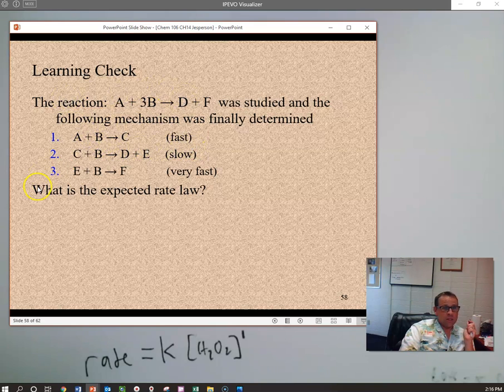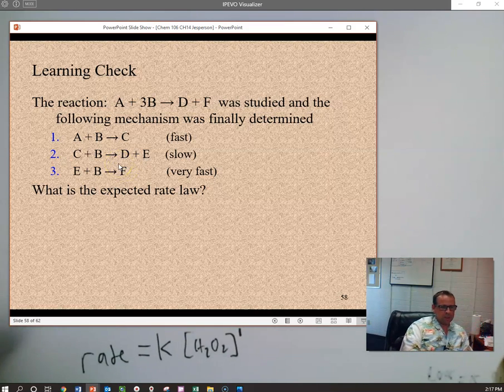So this question here is saying, what's the expected rate law? And what you've identified when you said the second step here is that this is the slow step, therefore it is the step which will govern the rate. So this is the step in the mechanism that we have to use to identify the rate law. Okay? So our rate law will look something like